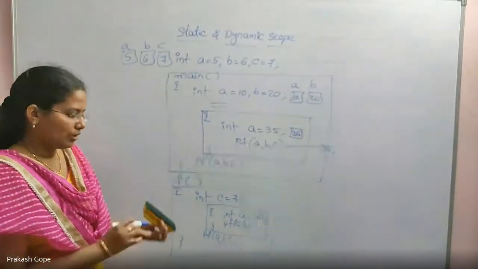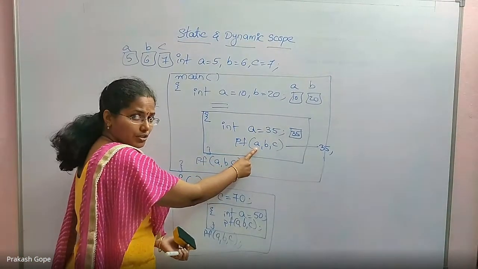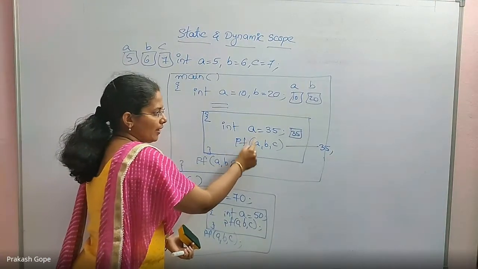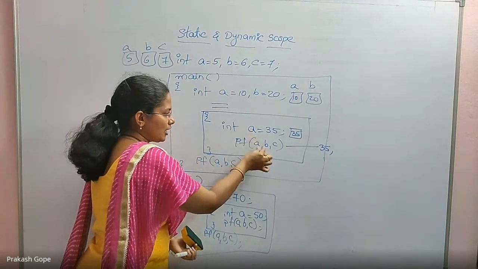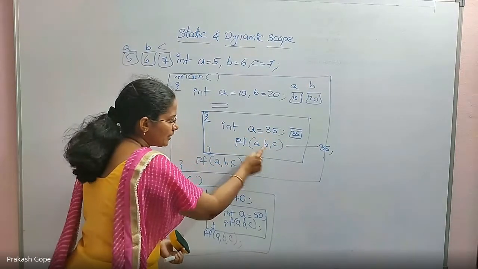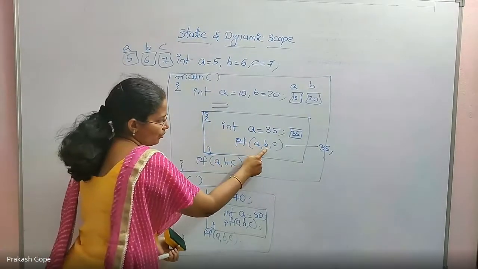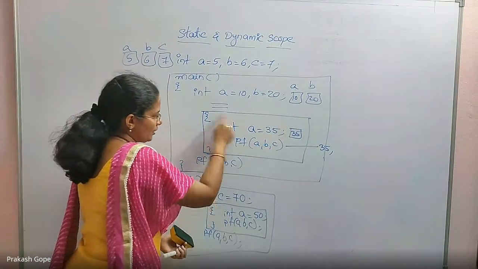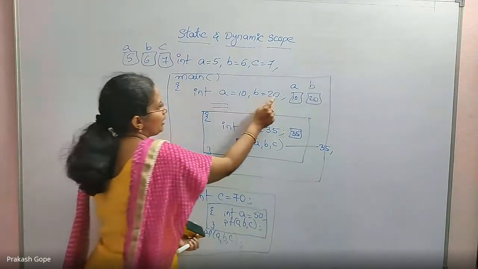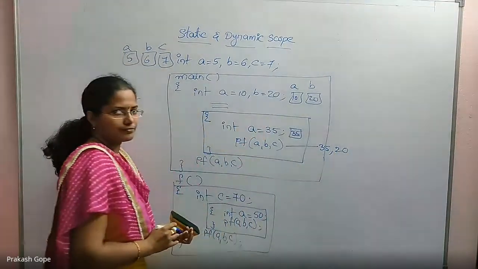Okay. Now, whenever we are trying to access a variable, whether it is for updation or for accessing, it will always try to access the variable which is declared in that block. If it is present, yes, that's fine. If it is not present, then it will try to access its outer block's variable. So B is not declared here, so it will access the outer block's B. Outer block is main. So main's B it will try to access. So the value of B will be 20.